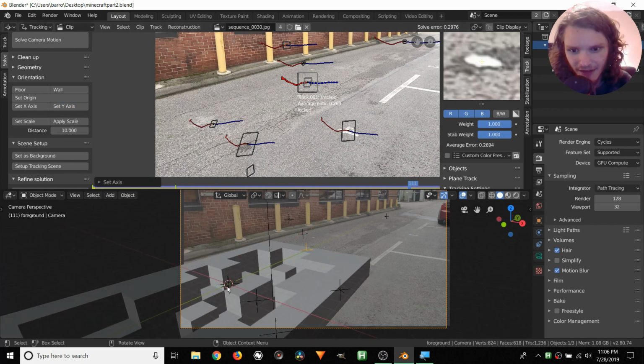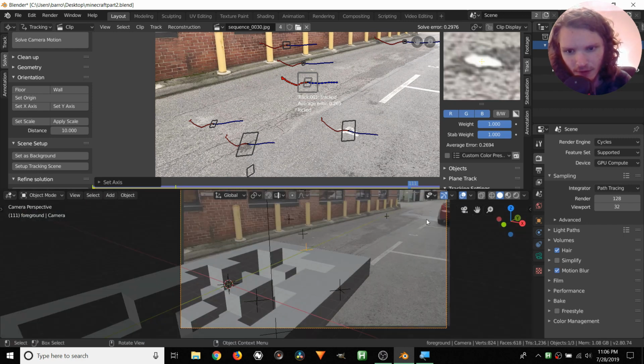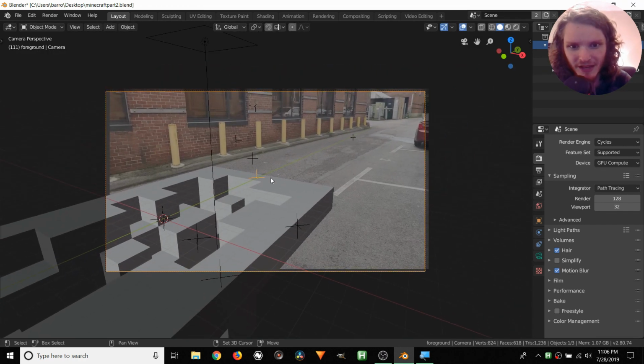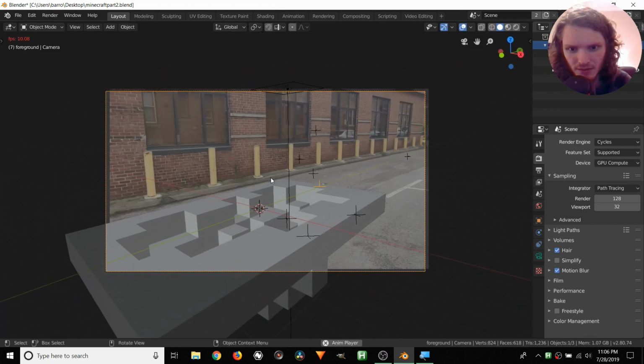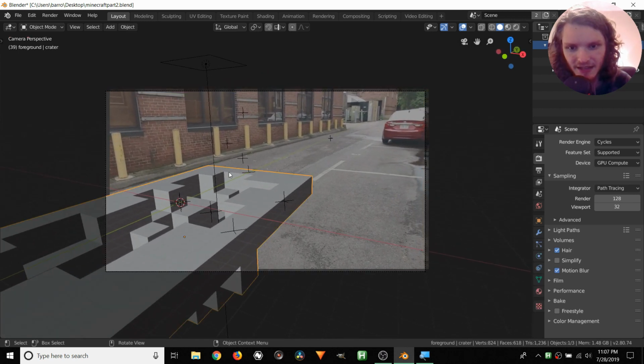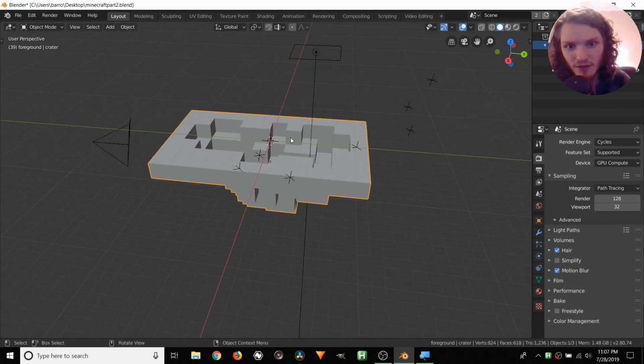So you see, we have our origin, and then it took our y-axis and made sure that line went through this point. And again, it's not perfect, but it's a good start for our orientation. So I don't think we need this anymore, so we can close it. And let's play what we have so far, which is not perfect, but it's a start. And I think now we can start moving. Again, we can keep moving our camera until we're happy with it, but I think I'm going to start moving the crater itself.